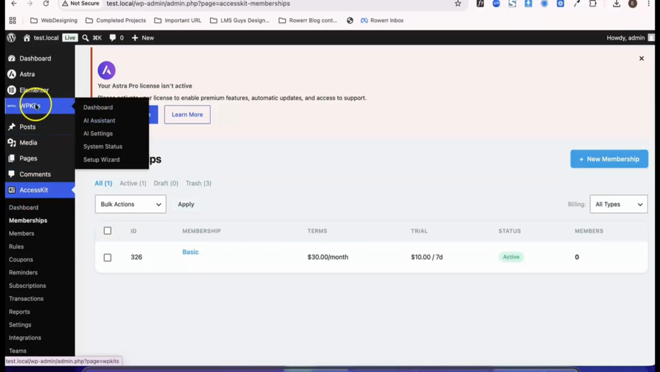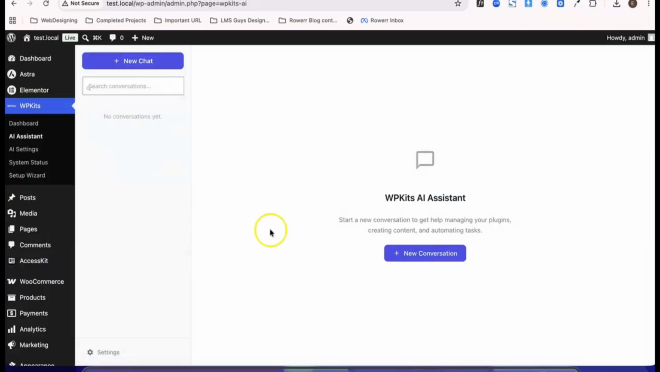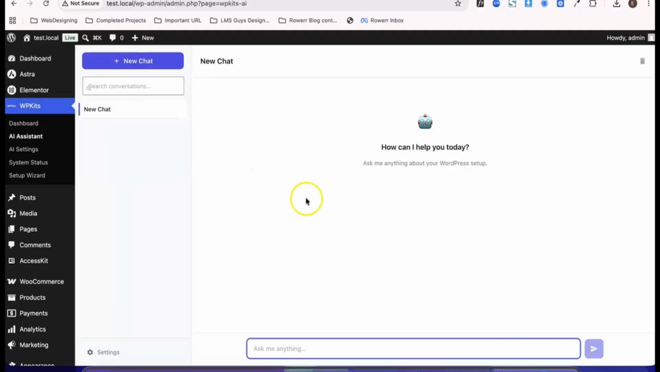Now let me show you another magic of this AccessKit plugin. Here we will go to the WPKits dashboard and here AI assistant. So now we will click on create an ad. From here we will write: create a membership, yearly,